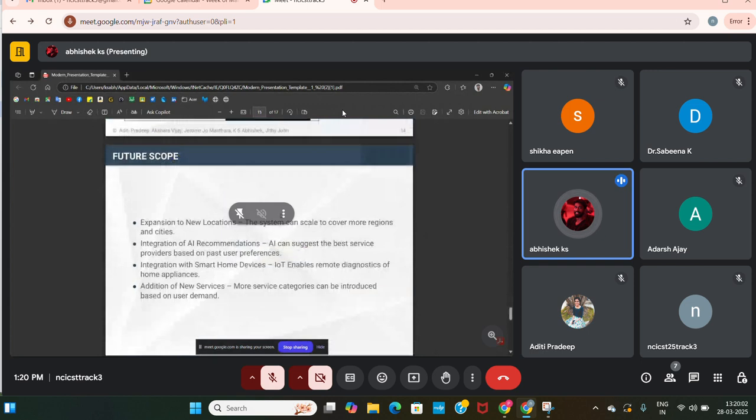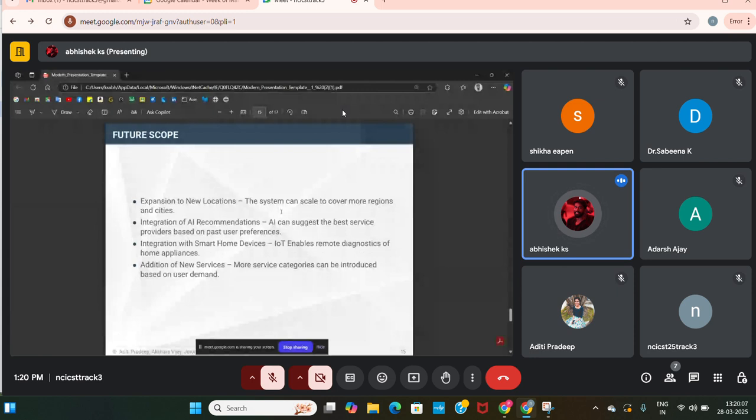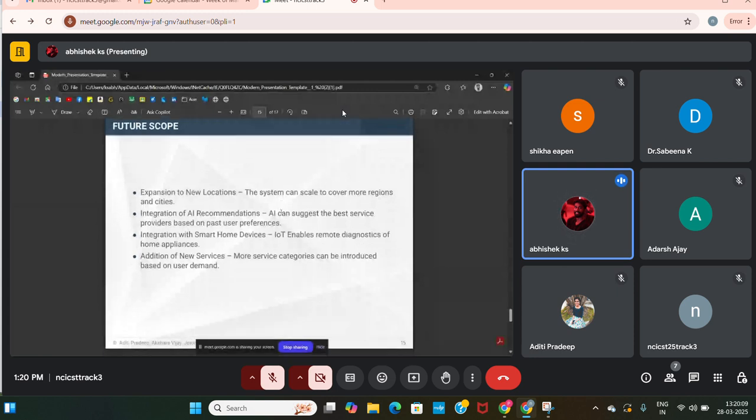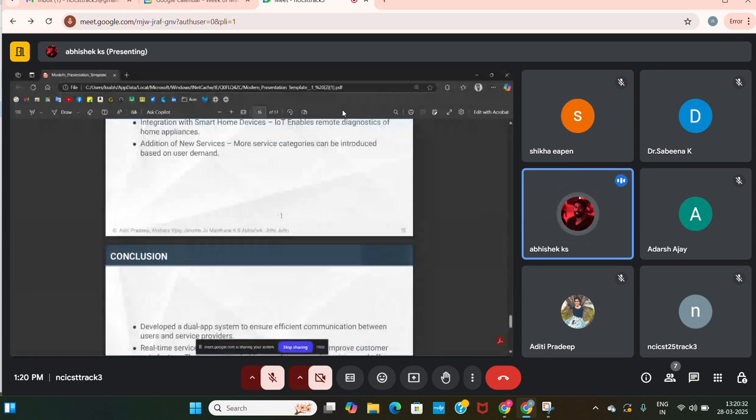So in our future scope, it can be expanded to new locations. It can be implemented all over India or the world. We can implement an AI recommendation which suggests the best service providers, and also it can integrate with IoT devices. If there's a fault in home services, it can automatically detect the problem and can send a request. And for conclusion,